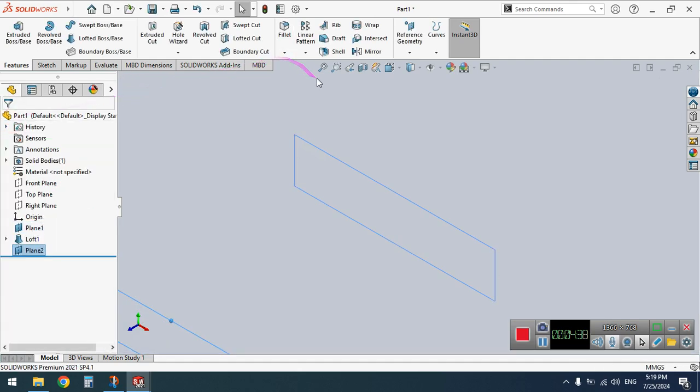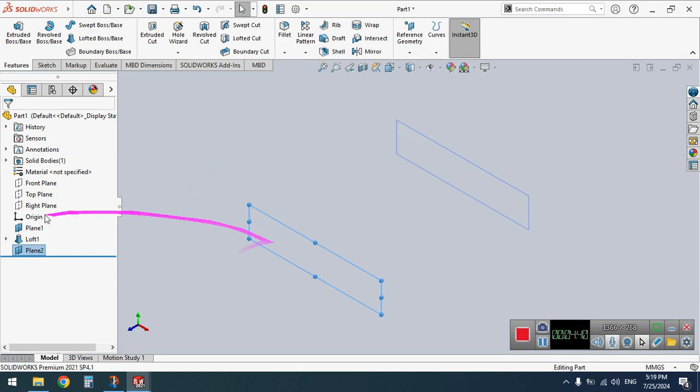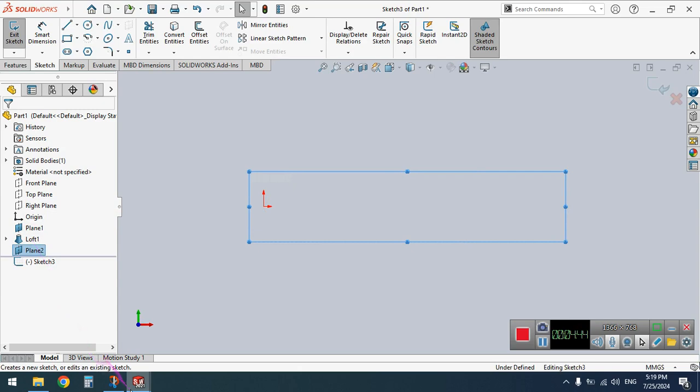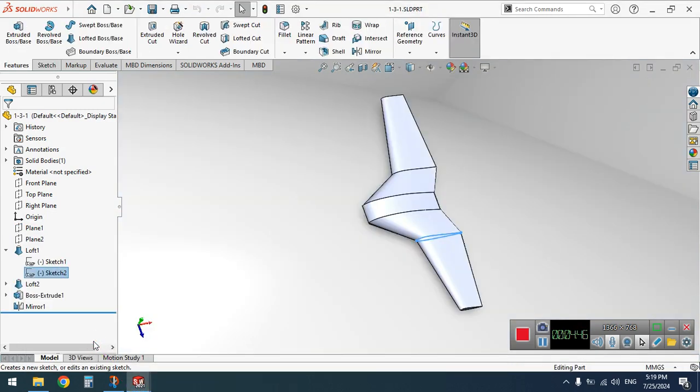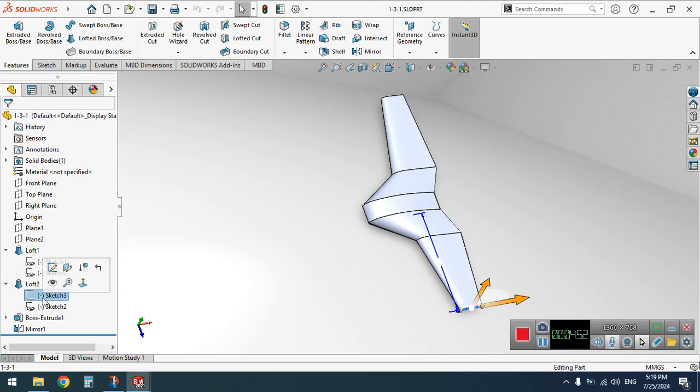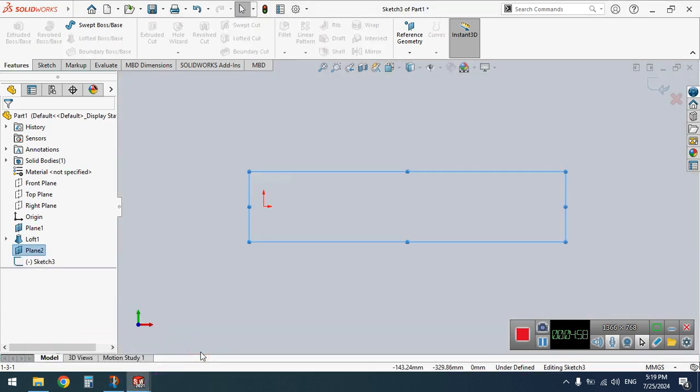Okay, and now click on it, sketch on it, come here and from the second loft select this sketch and copy, Ctrl C, come here, Ctrl V,